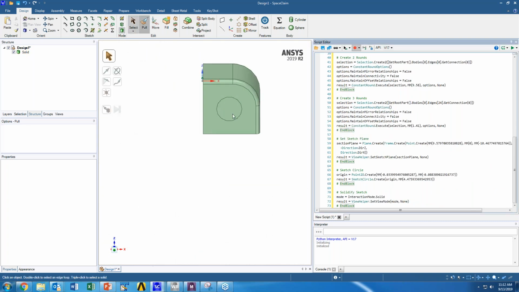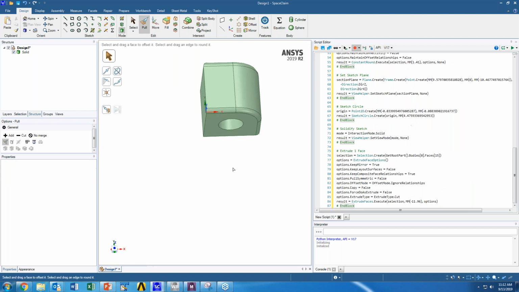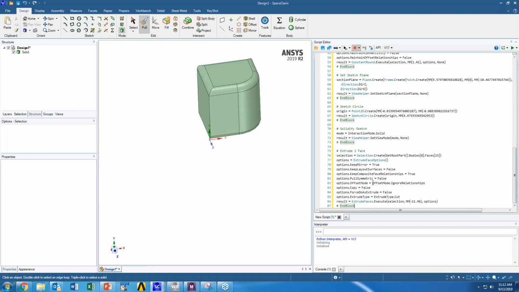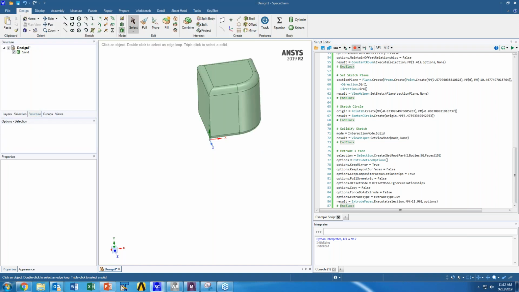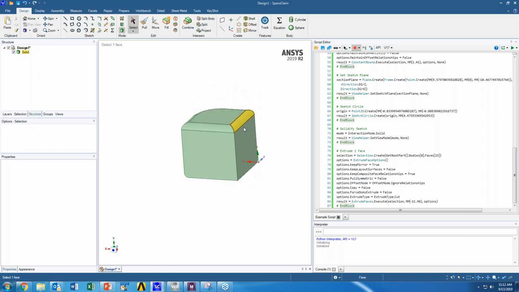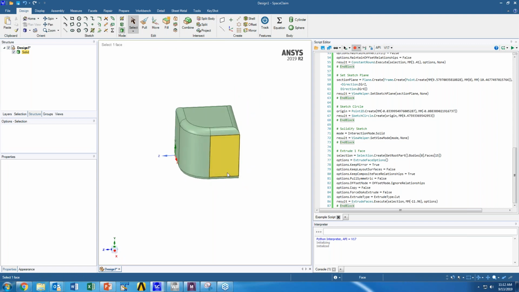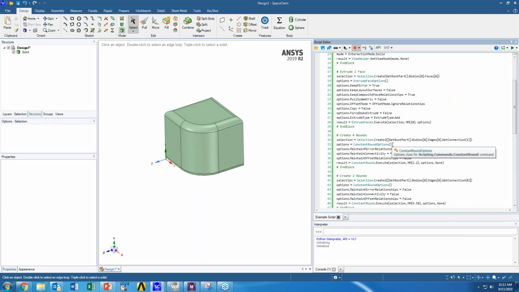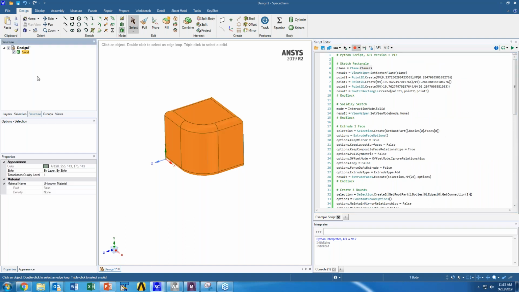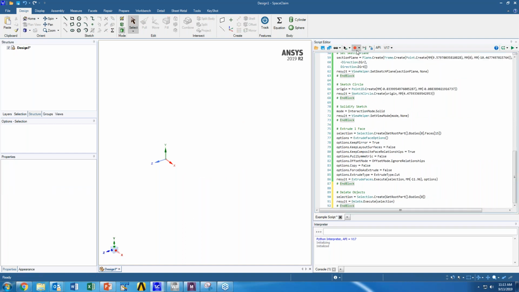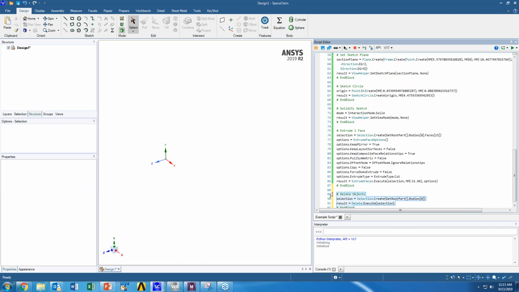You can see as I keep going, it's making more and more script or code that correlates with what I just created. So let's say I save this script. Okay, now I have a new script that will allow this geometry to be automatically created. If I want to recreate it, I could just go ahead and delete it, and my record button is still on, so it recorded that delete.